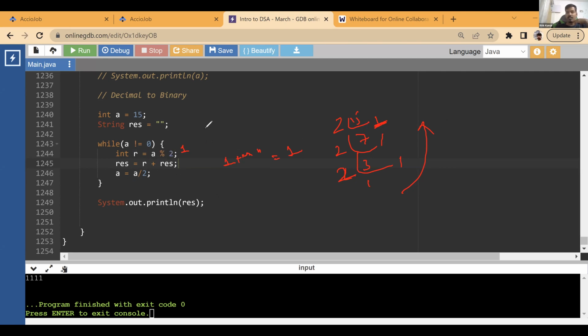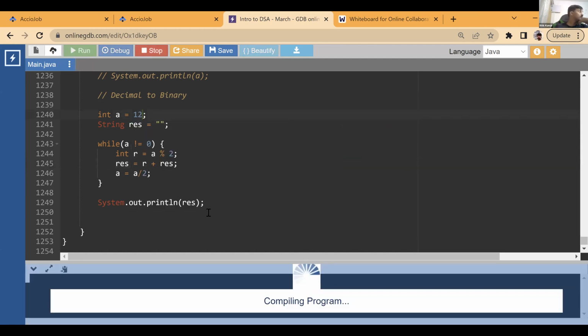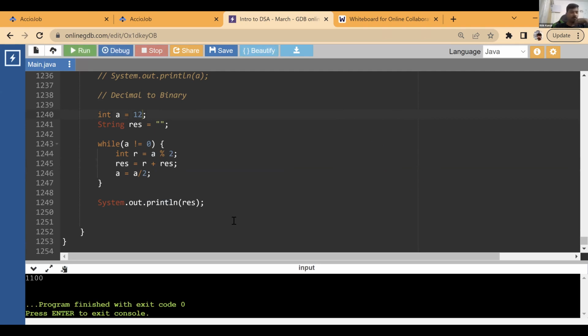So let's take some other number, for example, right? So we have some zeros in between at least. So let's take 12. So we have a combination of zeros and 1. Okay, now look at this. So we have 2, 6, which is 0, 2, 3, 0, 2, 1, 1. Okay. Now look at it. So first is 12